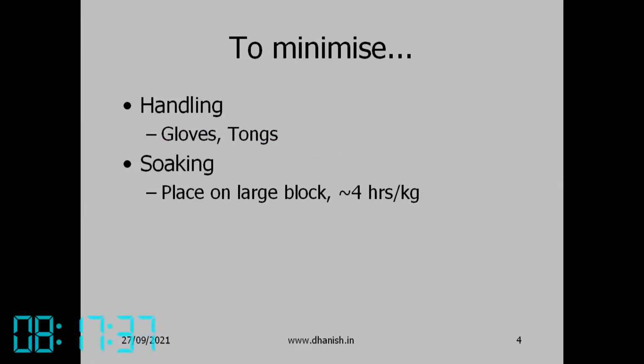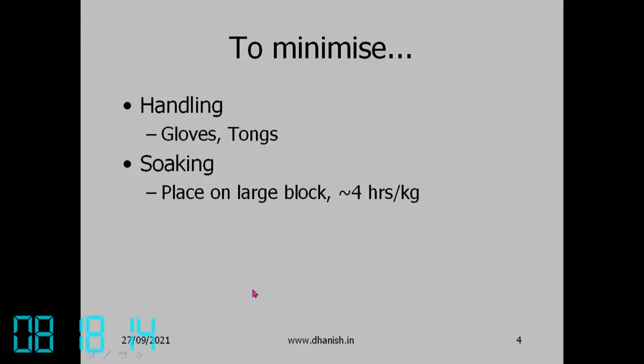So what is soaking? Before taking a measurement, you have to allow the workpiece to attain the room temperature. Usually the workpiece is machined on a machine on the shop floor, where the temperature is higher because of all the heat sources: machinery running, motors, all producing heat. So the environment there is hot.